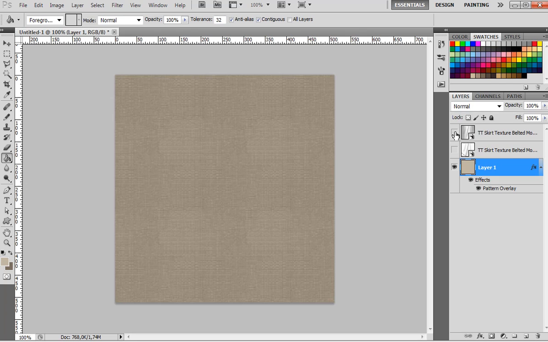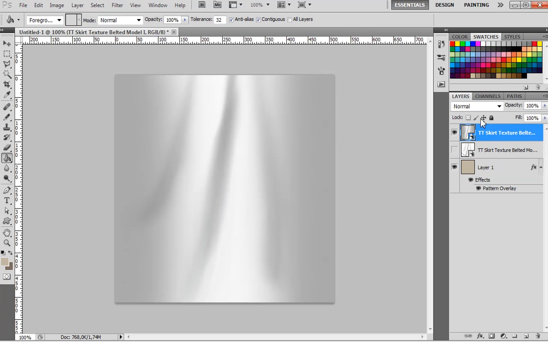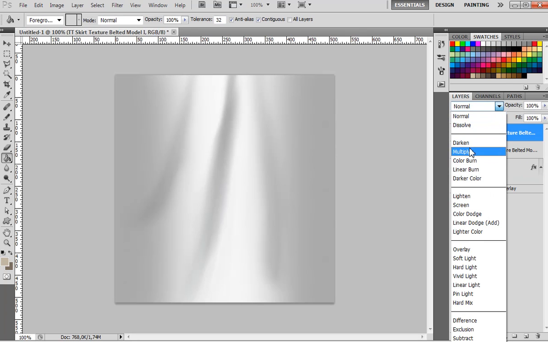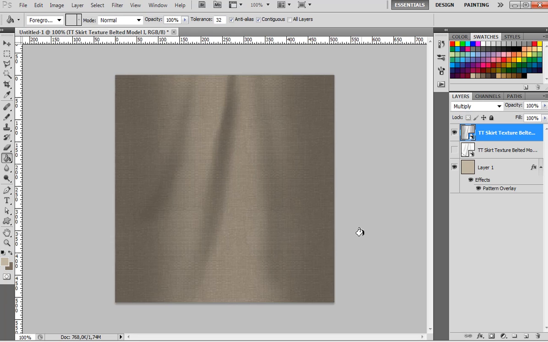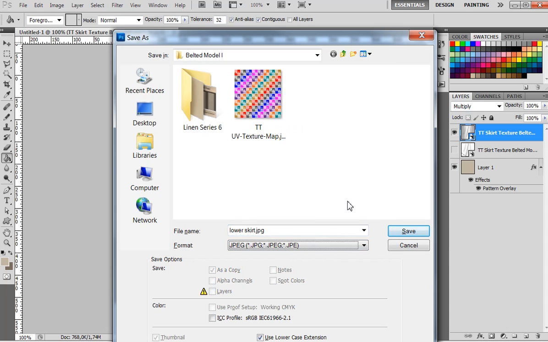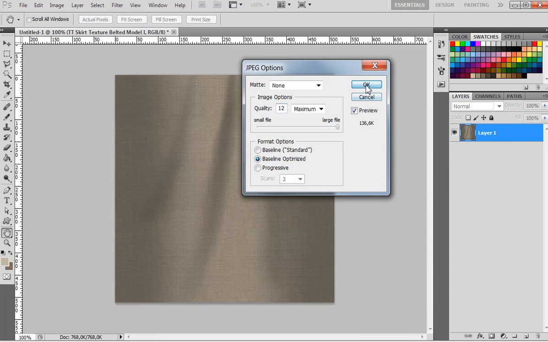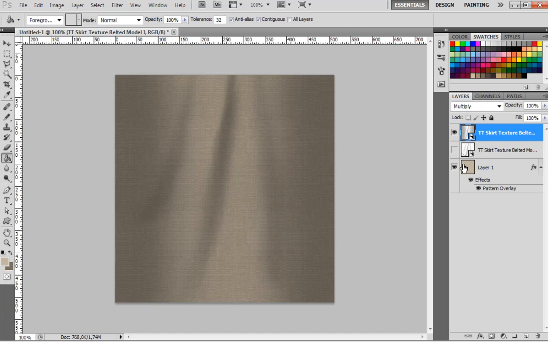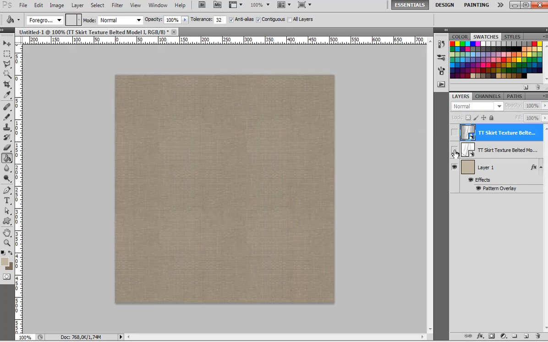Let's go and see what happens if I use this one as a multiply layer, and I'm going to save this one as a lower skirt JPEG, because that has no transparency, so I can save it. There we go. And now I'm going to do more or less the same for the upper skirt part and